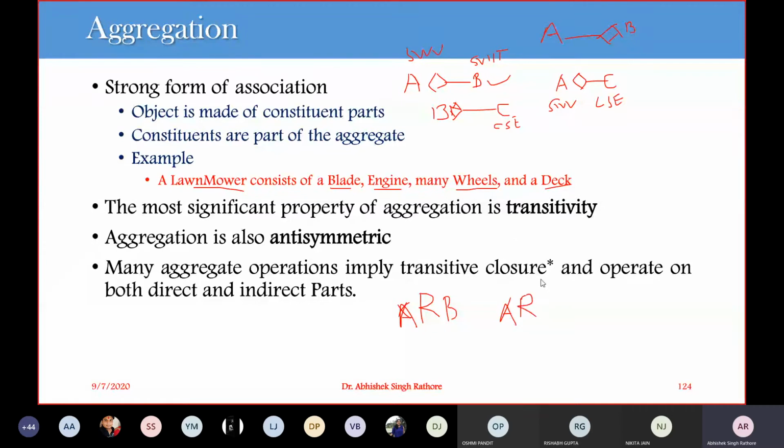So this is A, and we can derive it from B. So it is just a transitive closure.